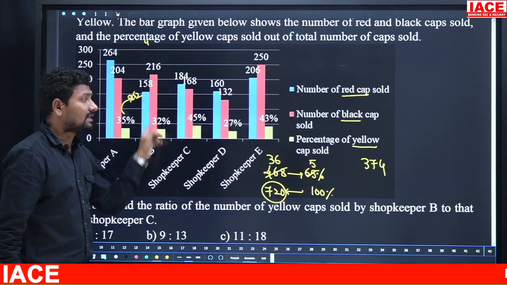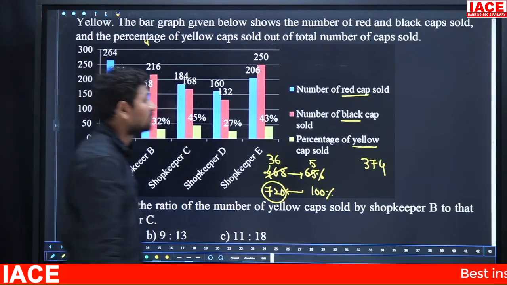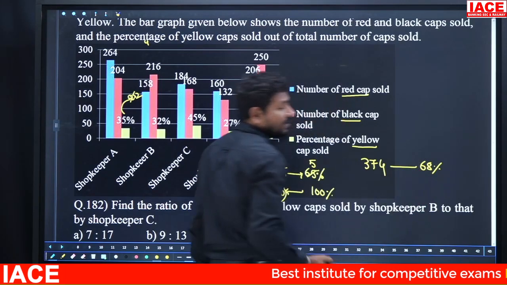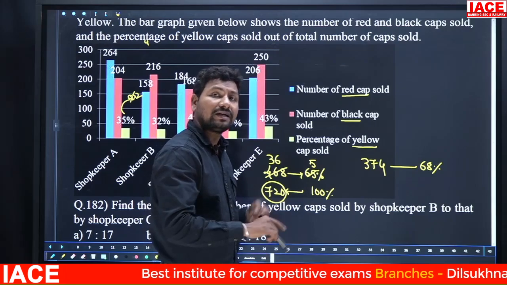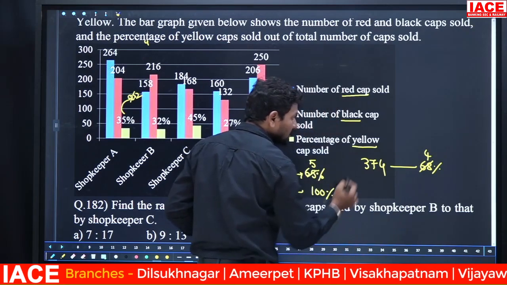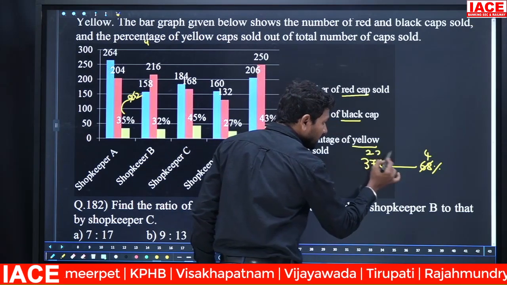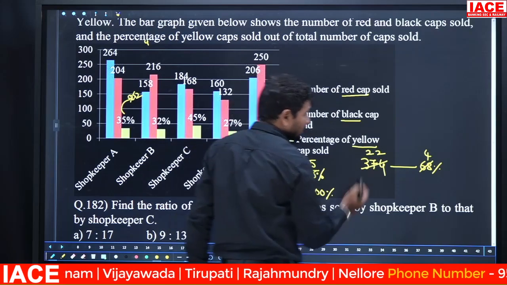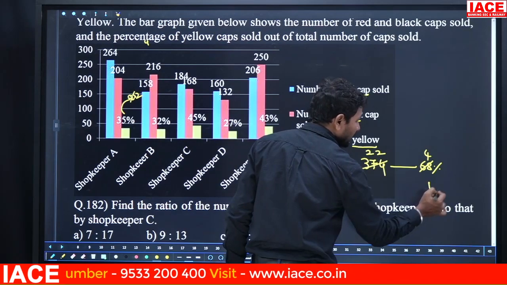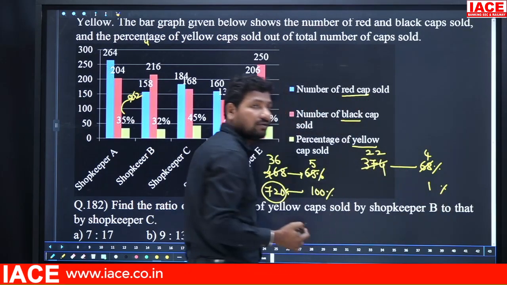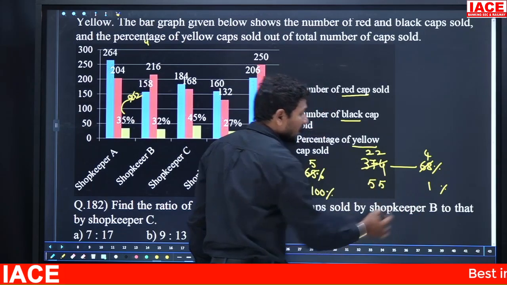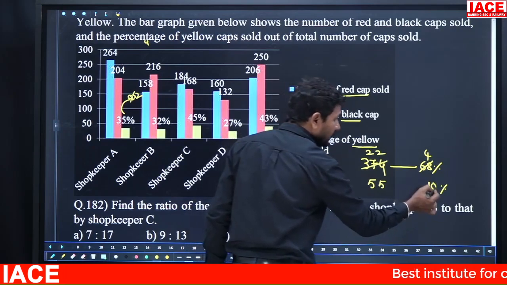Here 32% is gone. 32% is gone means the remaining is how much percentage? 68%. Then 68 will be cancelled with 34 twos, 17 fours, okay, and 68 ones. Then 17 fours, 17 twos is 34. Okay, next 22 is equal to 4%. Then 1% is equal to how much? 22 half value 11, 11 half value is 5.5. That is the 1% value. 10% value 55, 100% value 550.